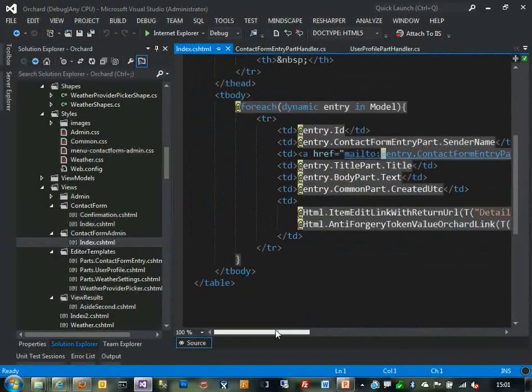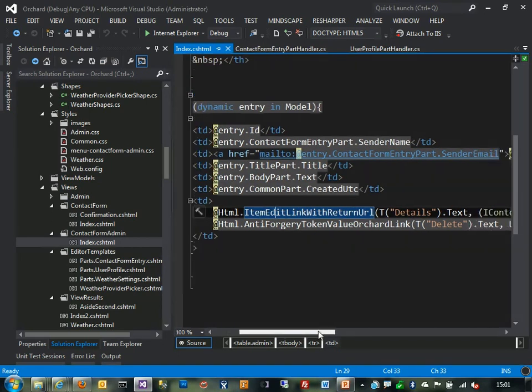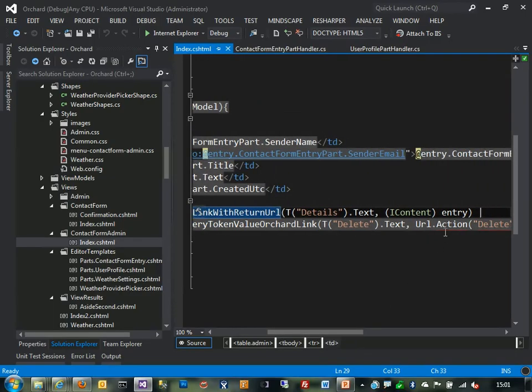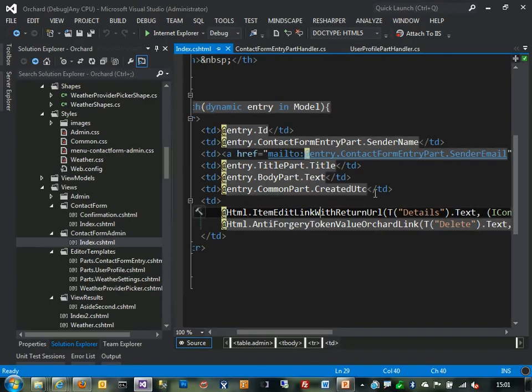Here I'm invoking an HTML helper method called ItemEditLinkWithReturnUrl. Basically, what it does is render a hyperlink which points to the content editor of the specified content item, which we're passing in here. This is a contact form entry content item. If you look at its implementation,